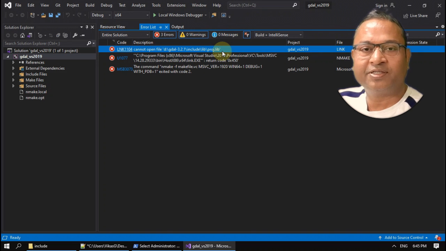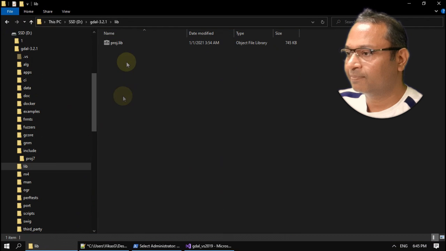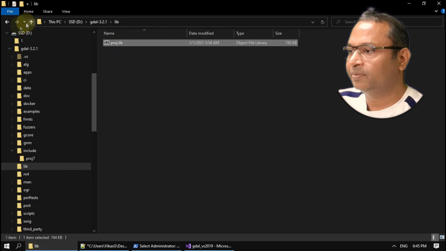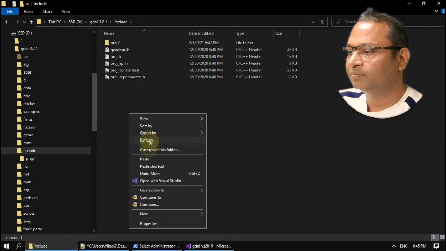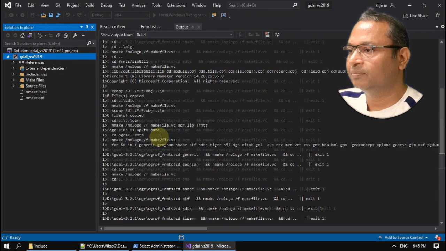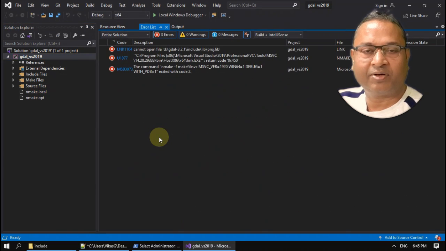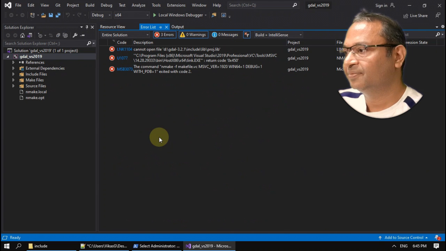So let's copy this library file into this folder itself. Copy. Now once again I have started to build. Let's see what the outcome is this time. Oh, what is it saying? Cannot open file include lib proj.lib.